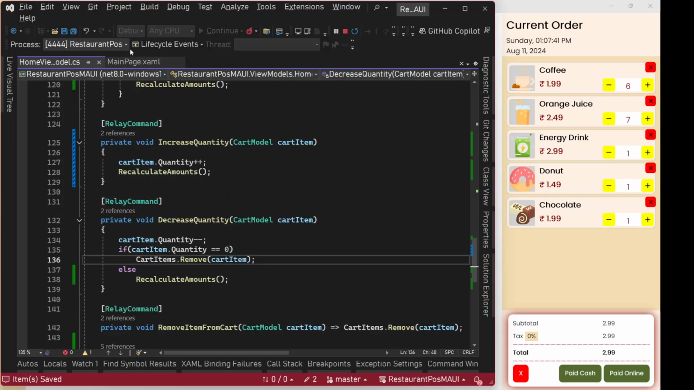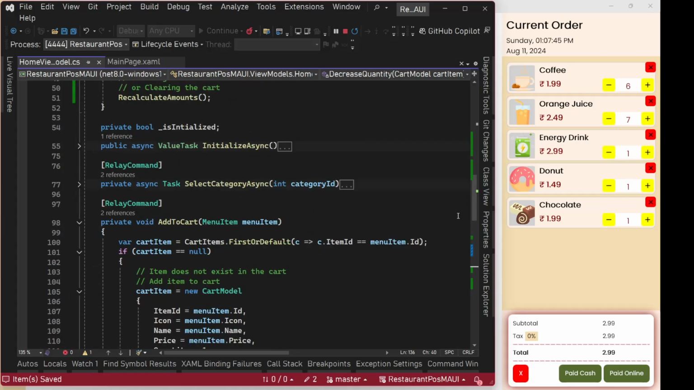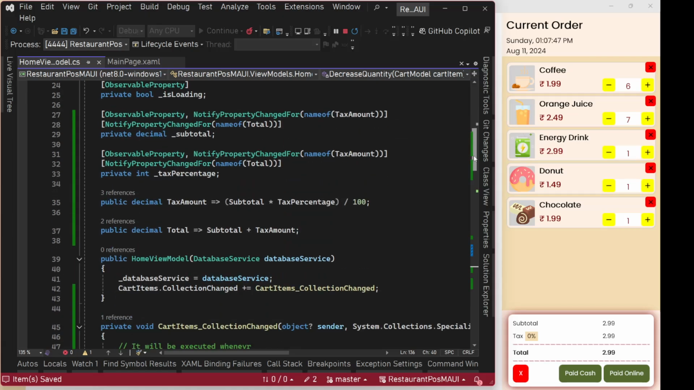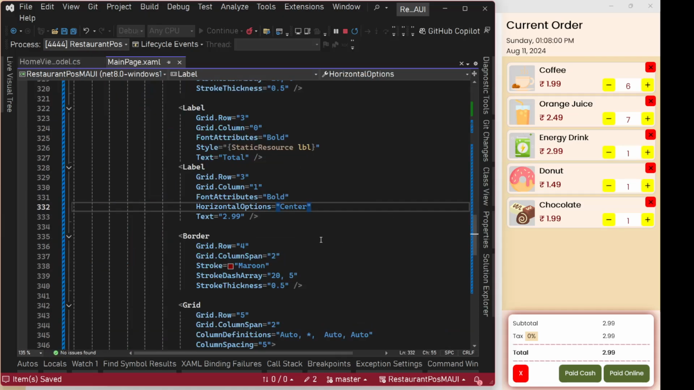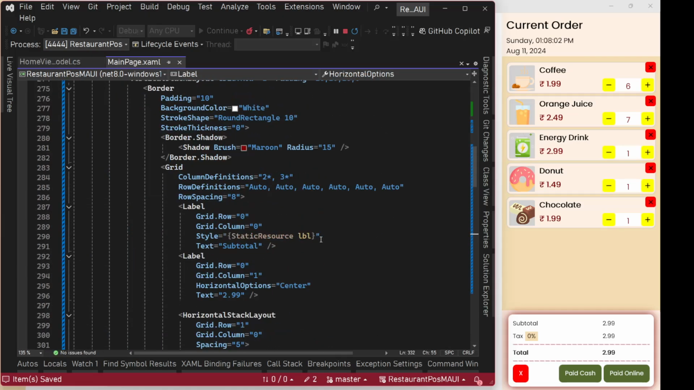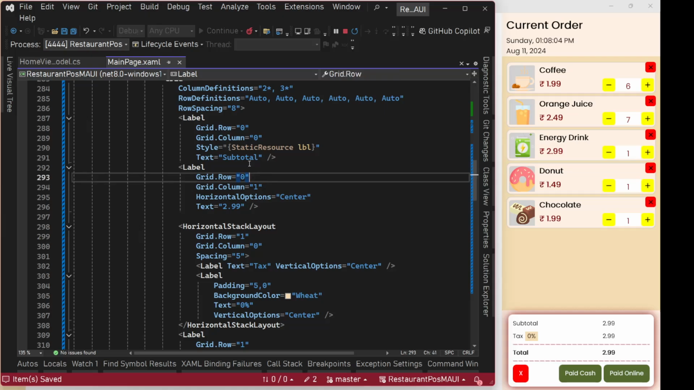Save everything. Save. Now we should have all these prices, tax percentage, tax amount, total, all to be in sync. Now we can reuse these on our UI. Let's do this. Main page. Here from the top, here we have subtotal. So we will use binding subtotal,